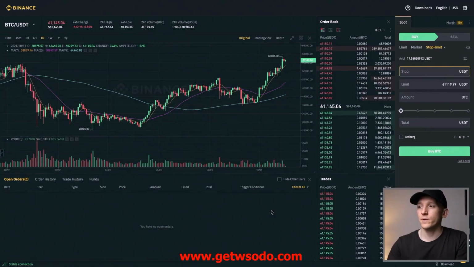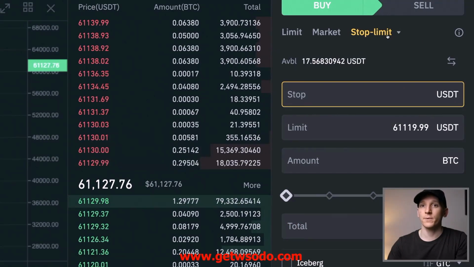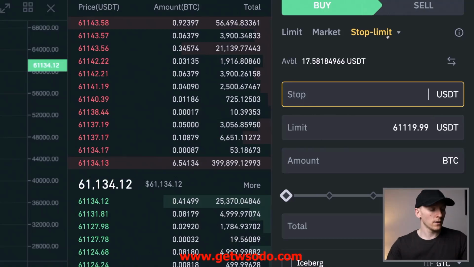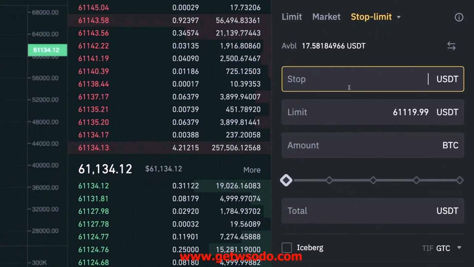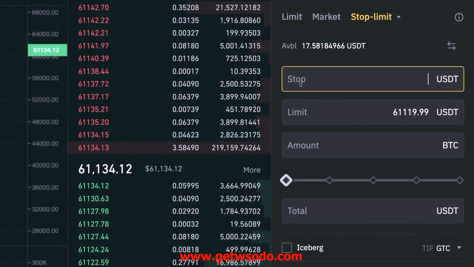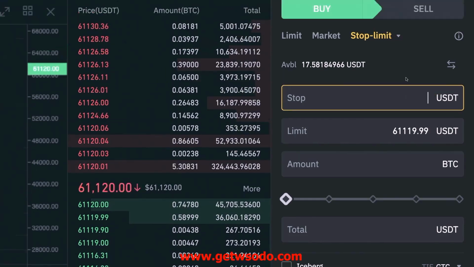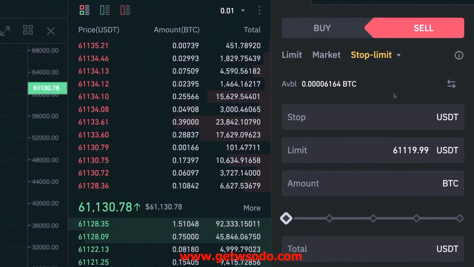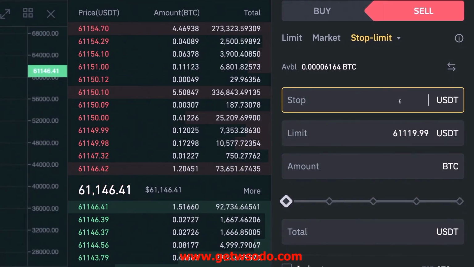Back on Binance, and we can come over to the right-hand side to input our orders. We can see we've got a stop limit order coming in now. So the stop order right here, this is the price at which the system will input the order for us. So the price of Bitcoin right now is 61. So let's do a stop loss order. So let's say you bought in at 61 and you can say at